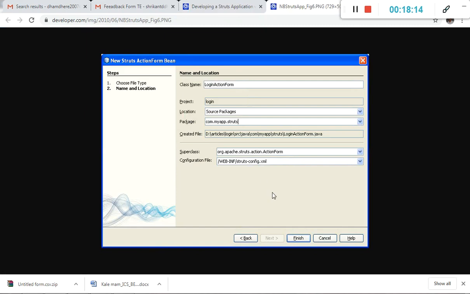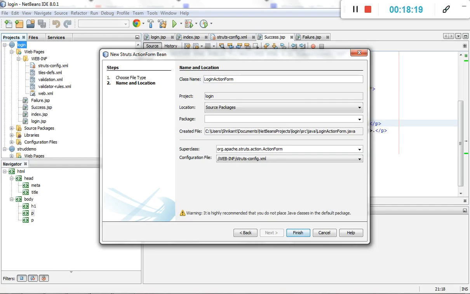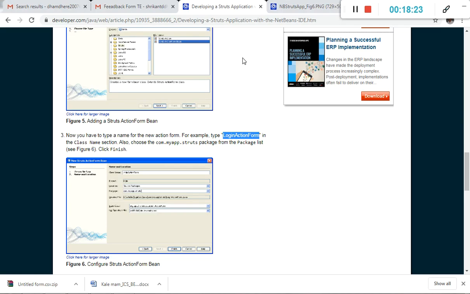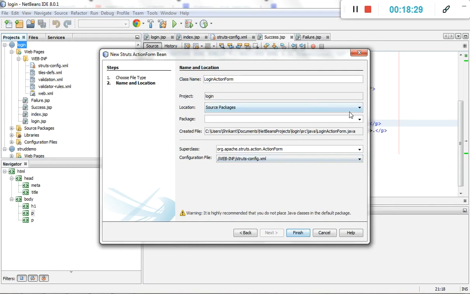Other things come automatically, and then here we want to verify what exactly we need to select the package as com.myapp.struts package and then click on finish.